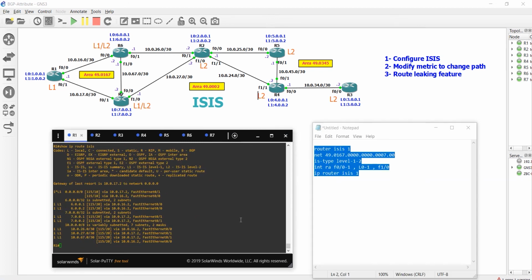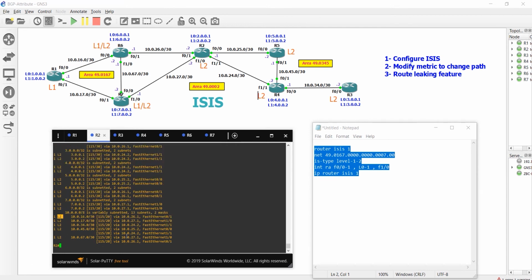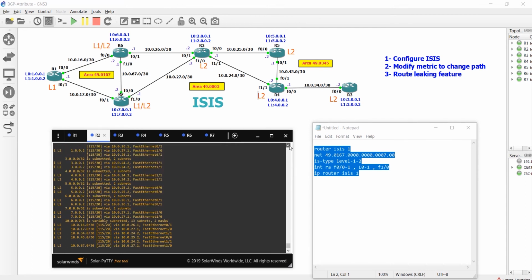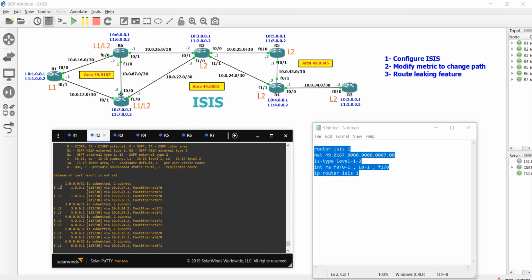I want to show something to you. For example, in router 2, for the route to router 1, the 1001 loopback in router 1, it has learned 2 routes here. Sometimes I would prefer to reach router 1, for example, from router 7. We have a metric concept in all routing protocols that can help us. We should modify the metric to change the route